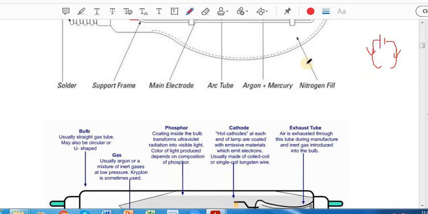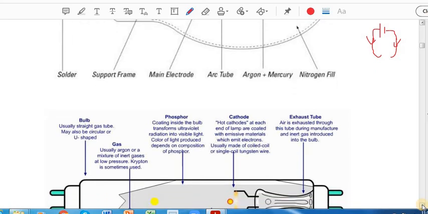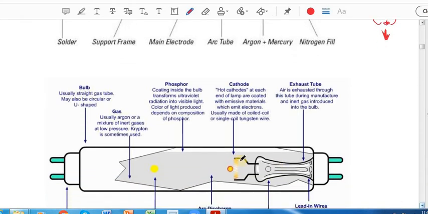I am drawing the schematic diagram. Now this is the structure of the lamp, but this is the schematic diagram to understand the functioning of the lamp and how ultraviolet actually comes out. So this is your area, which is known as the arc area. Now here you will have a lot of heat, because of the potential difference, electrons will be given out, and thermionic electrons you will see in this area. Because of the high energy of the potential difference that you applied, the electrons are knocked out. You can see this is this place.